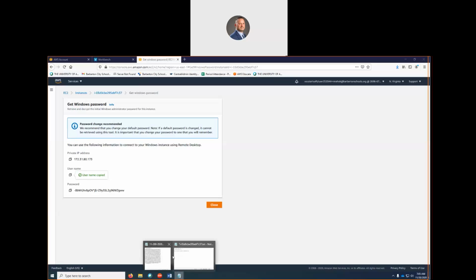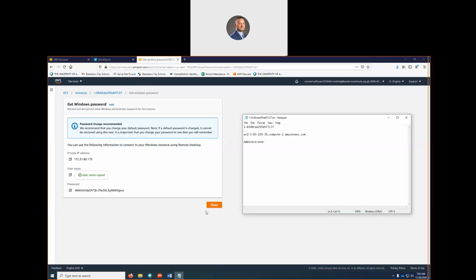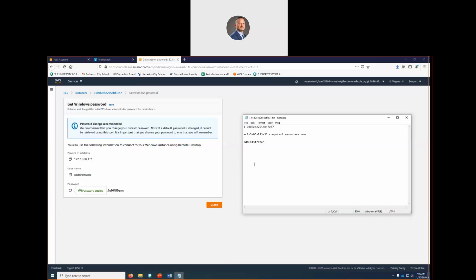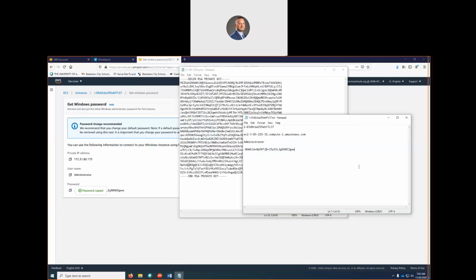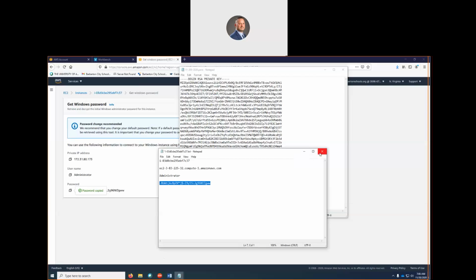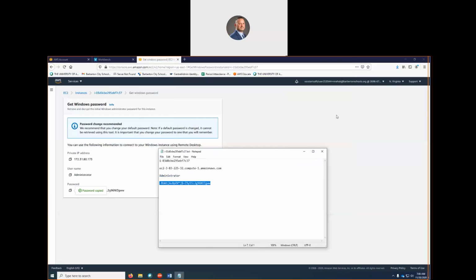Go back to my notepad. And then copy my password. Put it in there. So you can only do this once. So if you mess this up, you're going to have to redo your server. So all that text, that RSA encrypts that password into that. So that password boils down to all this encryption. So we have this saved. I'm going to leave this open.